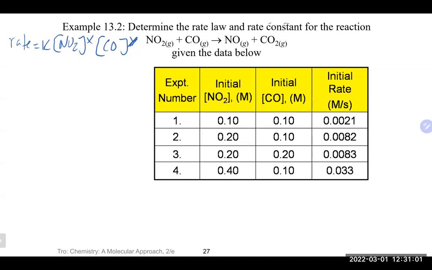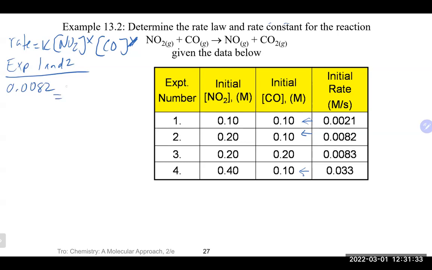To keep CO constant, we could obviously do that with 1 and 2, which will achieve that for us. We could also do 1 and 4 if you wanted to. You could also do 2 and 4 as well. They all will essentially give you the same sort of end result there. So let's take a look at experiments 1 and 2 here, and that should keep our guy constant. I'm going to go with number 2 up on top since it has a little larger rate there, and that's going to give me